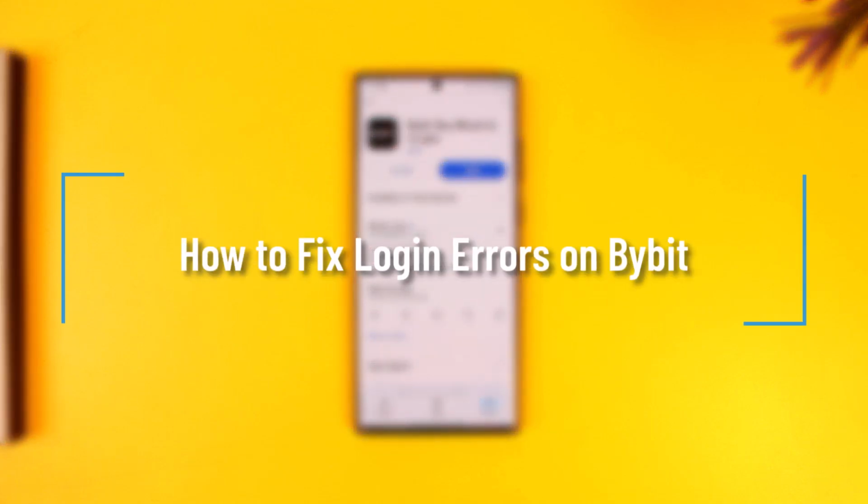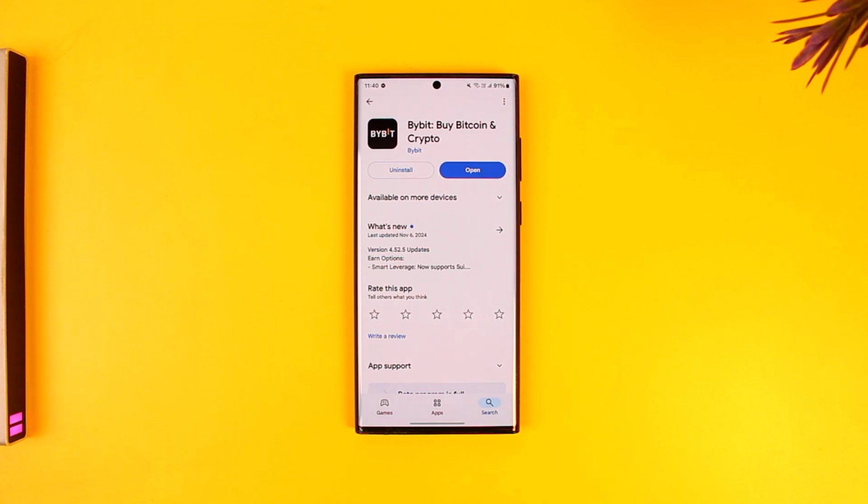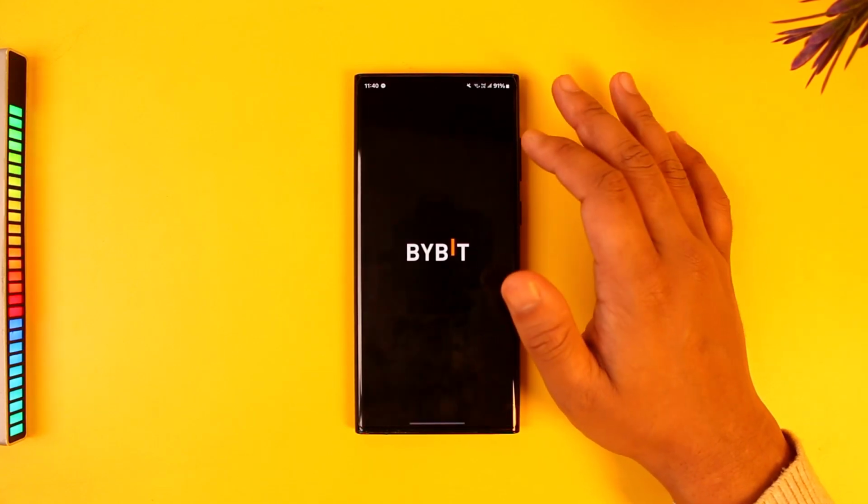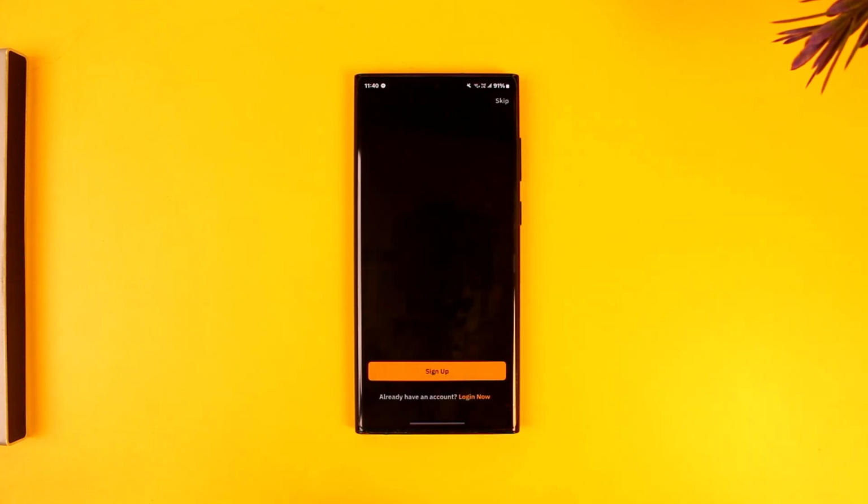How to fix login errors on Bybit. If you would like to fix your login errors on Bybit, it is actually quite simple to do so, because all you have to do is, first of all, go ahead and launch the Bybit application right here. Once you launch the Bybit app and you're having issues logging in, it could be due to